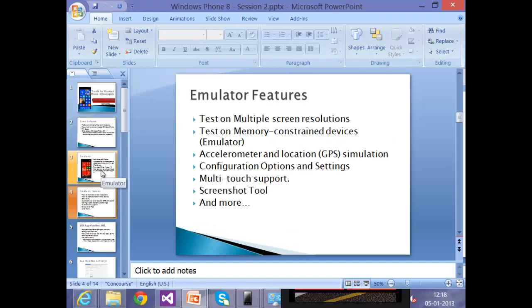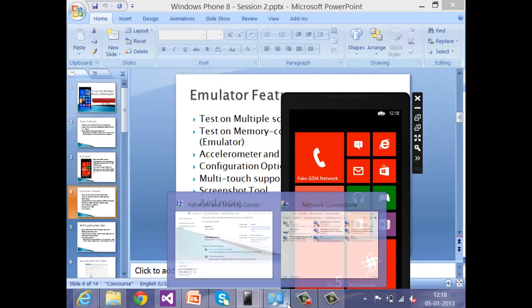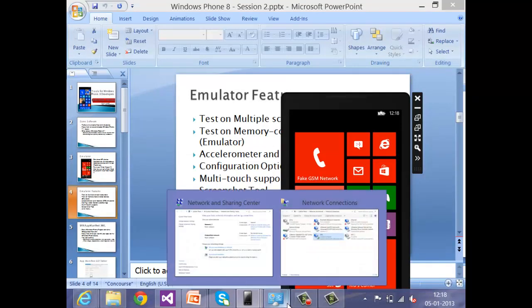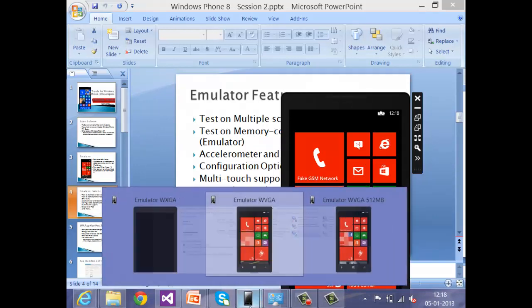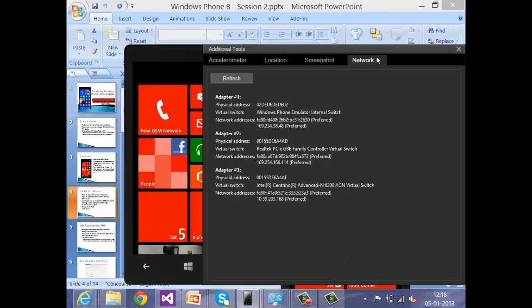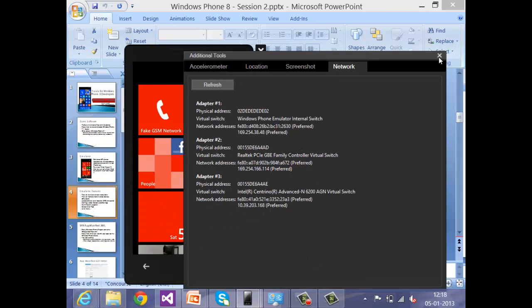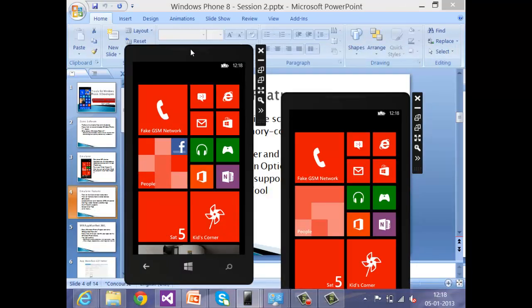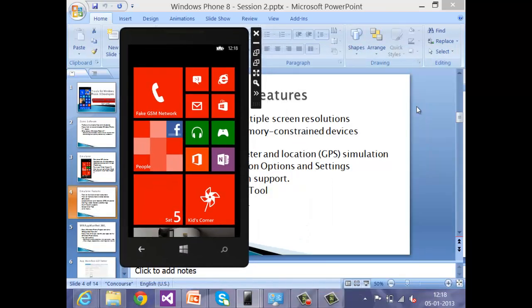So let me show a demo of the emulator here. So what you see here is an emulator of 512 MB RAM, which looks exactly the same way your device looks.